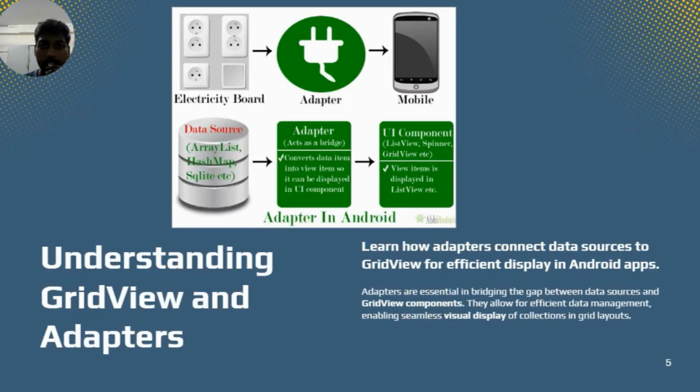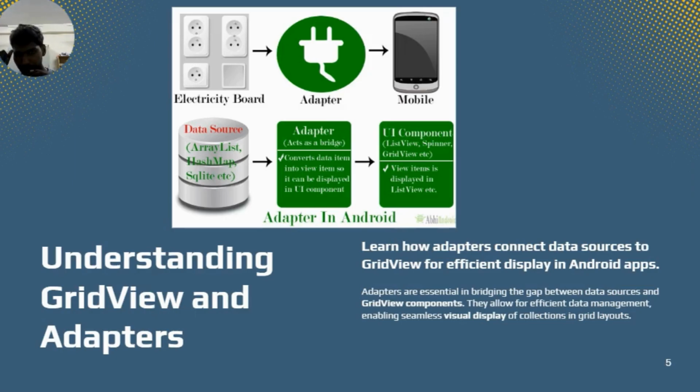As you can see in this picture, we have an electric board, a mobile adapter and a mobile phone. What the adapter does here is connect the electric board and the mobile phone so that electricity can pass through it. In the same way, in Android Studio for GridView, we have the data source, such as an array list or a hash map, and an adapter. The adapter takes the data from sources like the array list or hash map, stored in some format, and transfers that data into